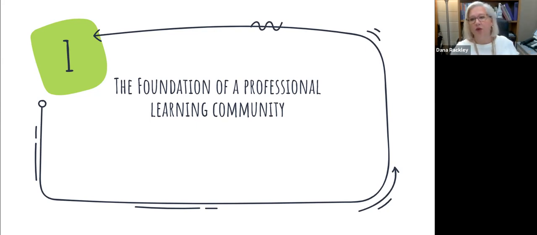Today, a lot of what we're going to be doing is referring to the Learning by Doing book. And I'm sure most of you have this book. This is the foundational book to the Solution Tree professional learning community process. So on the screens, you'll see little page numbers, and they're referring to those page numbers. So if you're taking notes, you can jot down which page we're referring to so that you can read further on and continue learning about that. All right, next screen.